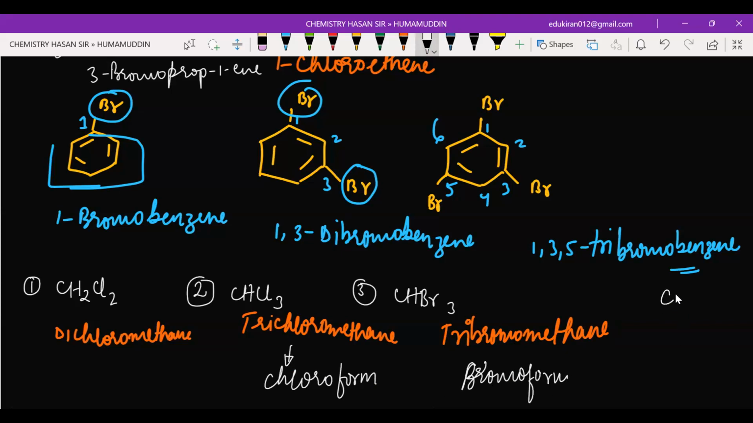And if you have CHI3, that is triiodomethane, and its common name is iodoform. Very important reagent. Is that clear, both of you? Yes, sir. So this is it for today. Please do read NCERT up to